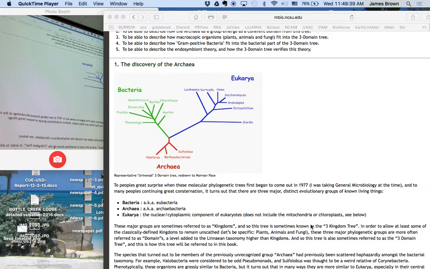They're discouraged now for the kind of obvious reason: what's the difference between bacteria and eubacteria, right? If there's true bacteria, where are the false bacteria? Well, there aren't any, because they're not bacteria. And these are archaebacteria, ancient bacteria. But first of all, they're not bacteria. And secondly, they aren't ancient either.